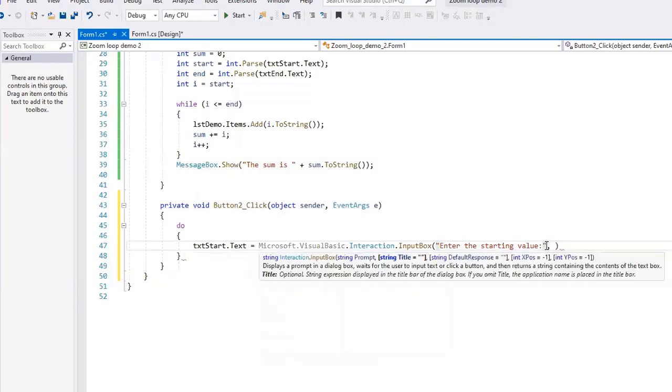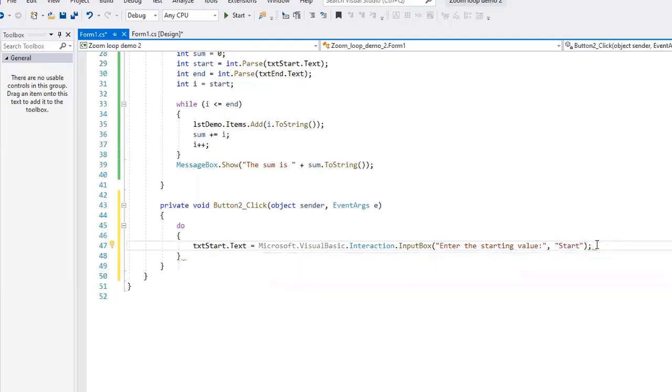And then my title, very similar to a message box, is just going to be "Start." I'm going to repeat that